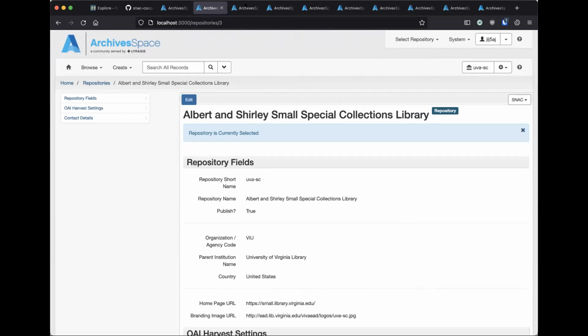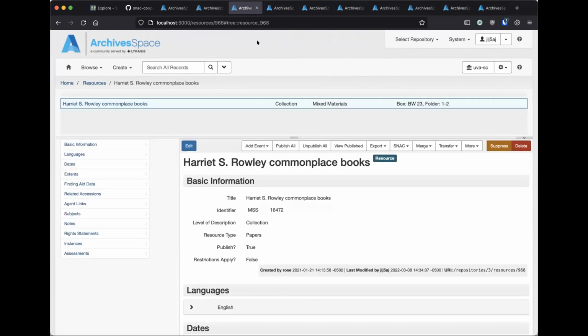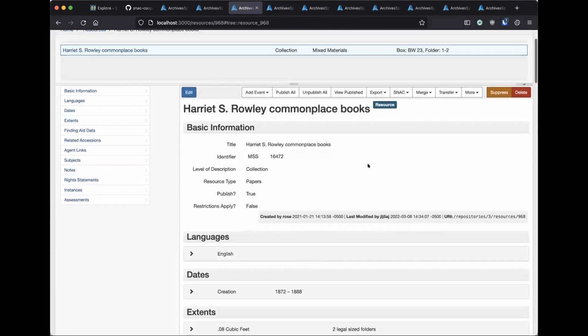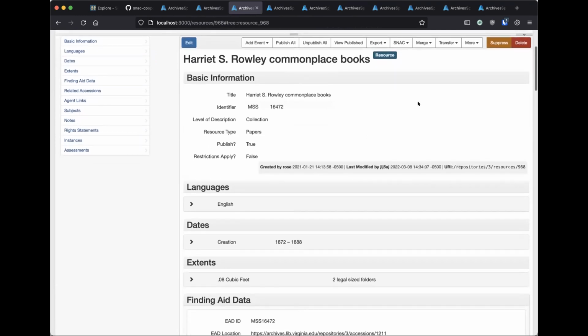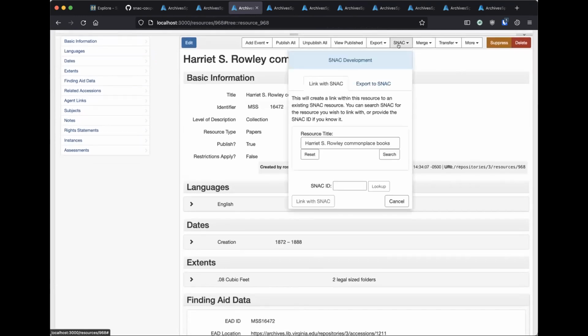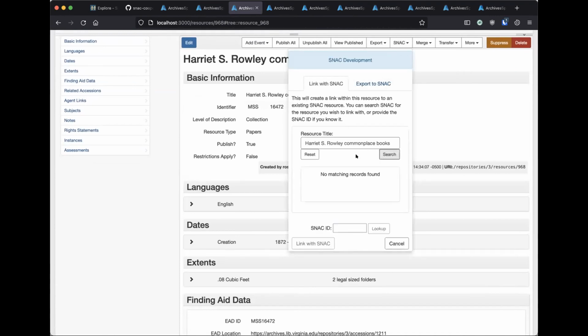Okay. So here's a resource that I'd like to export into SNAC. The first thing I'm going to check, we really encourage you to check for an existing SNAC resource before exporting, so that you don't create duplicates on the SNAC side. So I can see here there are no results for this resource in SNAC. So I am free to go over to the Export to SNAC